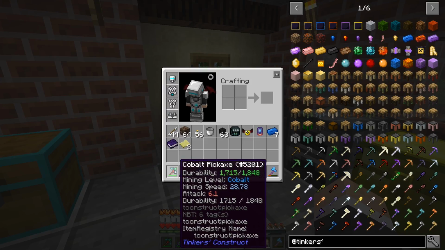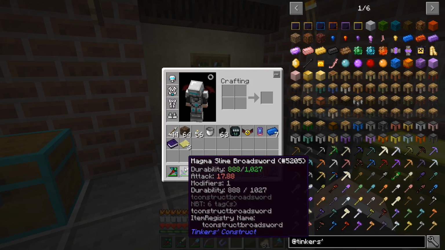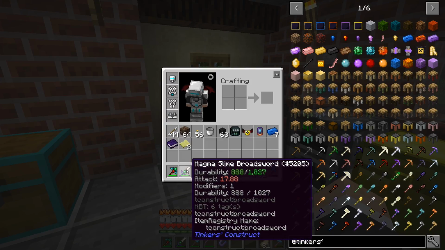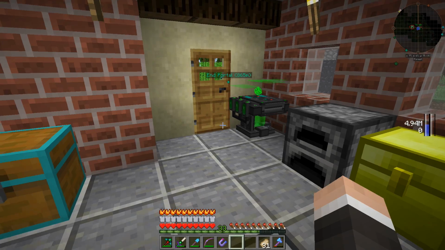I added more redstone and an emerald. And then this guy, you can see it's at 17.88 attack damage. I added quartz, and then I changed out the blade to magma slime. It has a bit less durability,